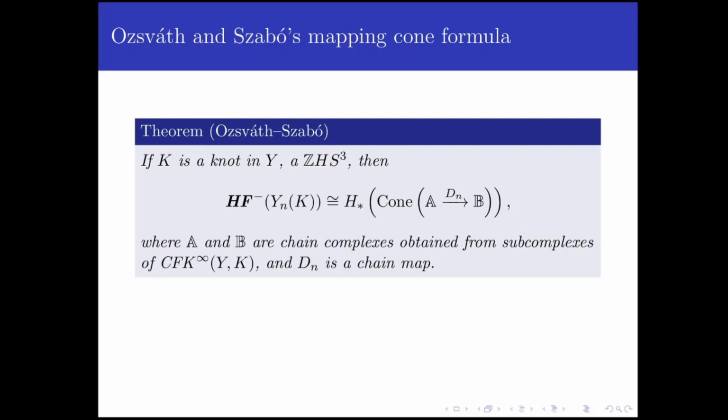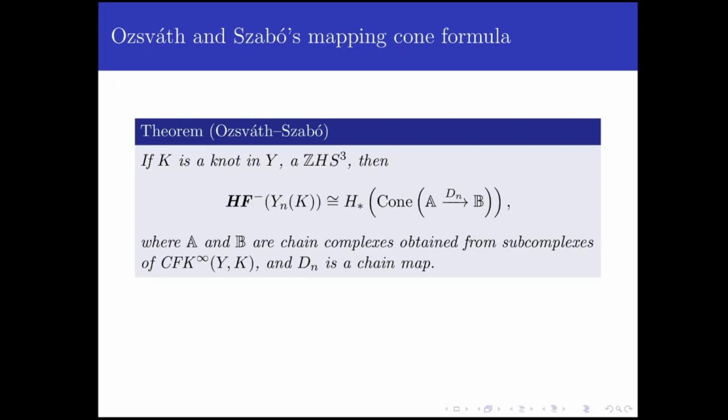We'll talk a little bit more about exactly what A and B are, but the main point is that they're defined using knot Floer homology. A and B are essentially subcomplexes of CFK^∞, and the map D_n for a knot in S^3 is just defined in terms of inclusions of subcomplexes. But in general, it's just some chain map that might require